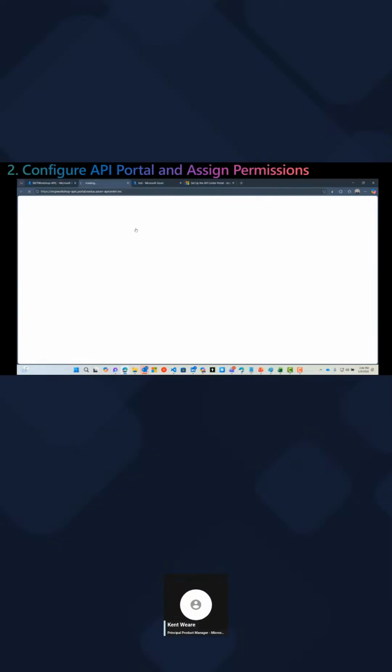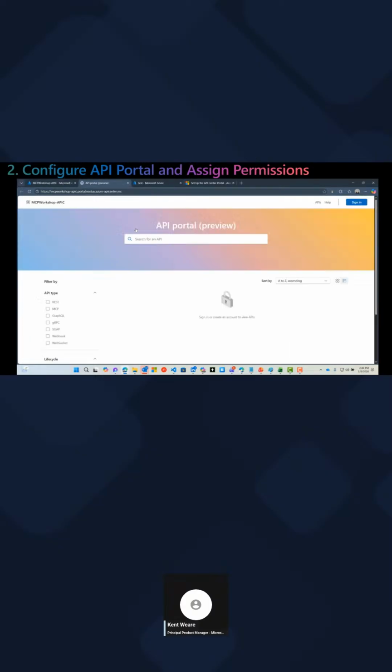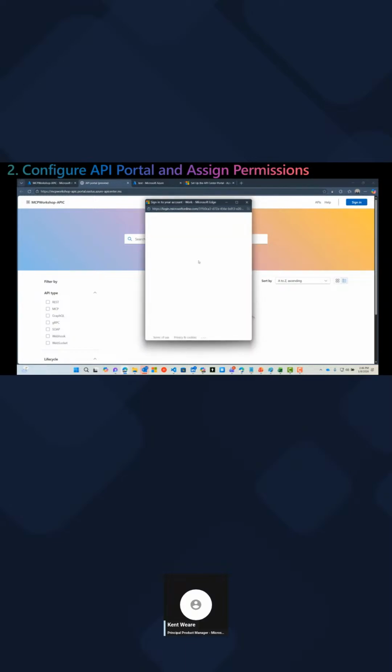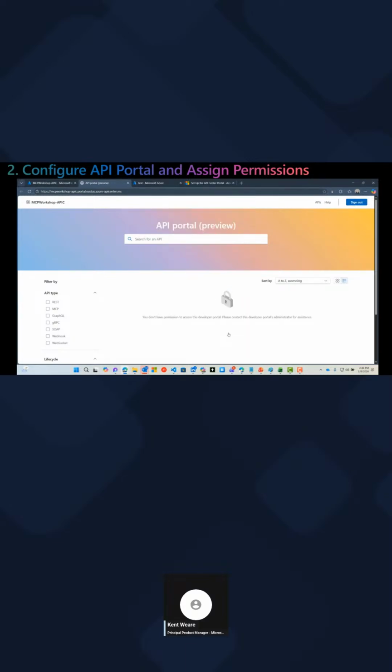Okay, so we've got our settings established for API Center. Now, there is a little bit of a caveat. We can click on this View API Center Portal, which is cool. The problem is, even if we try to sign in here, we're not going to see anything.